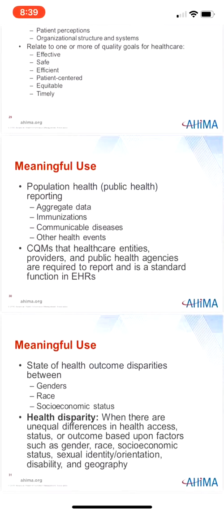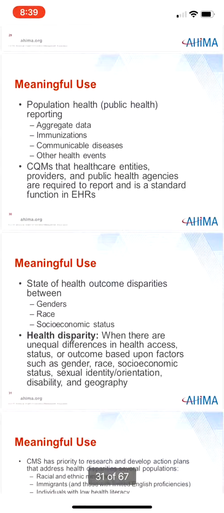Research on the state of health outcome disparities between genders, race, and socioeconomic status that exist within the United States has helped to identify priority populations where much of the work needs to be implemented to alleviate and eventually eliminate these inequities. Data collection of health outcomes and treatment patterns is used to identify specific disparities, and the subsequent epidemiological information is used to support evidence-based action plans for HIT and EHR adoption to improve the healthcare delivery and help